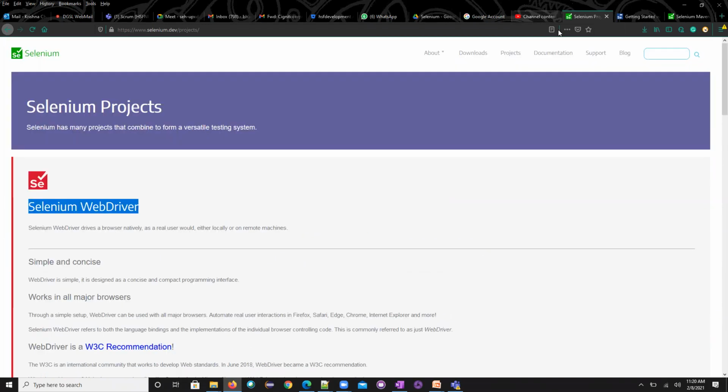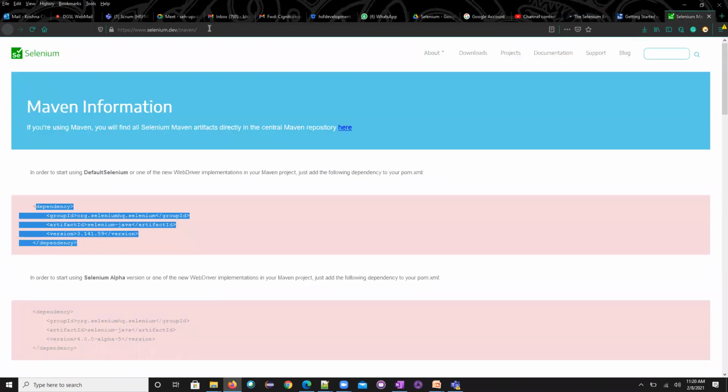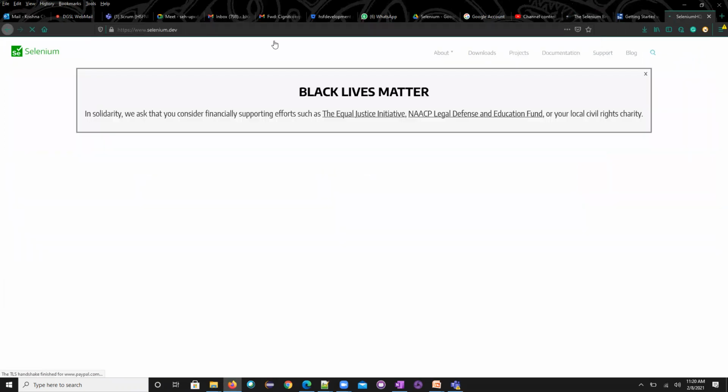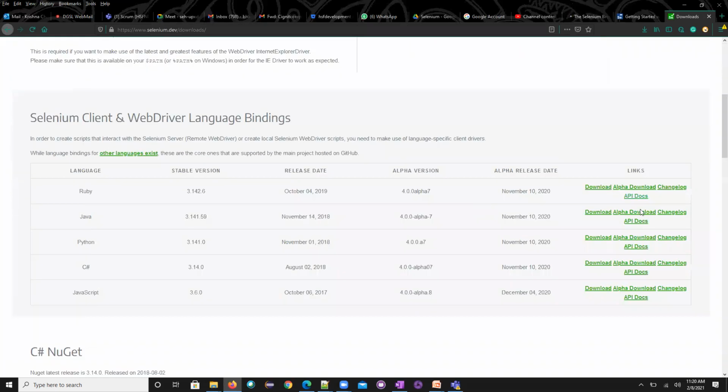And the most important thing is the documentation. If you see here for the complete Selenium documentation, every documentation is available on its own. For example, now I wanted to get the Selenium Java documentation. So how do you need to download it? Either you can directly type Selenium Java documentation and get there, else you can go to the downloads, and in the downloads, in the Java documentation, if you click this API docs, you can get the complete documentation information.